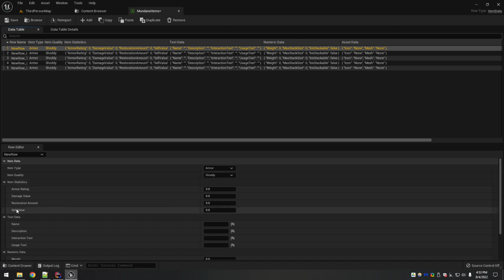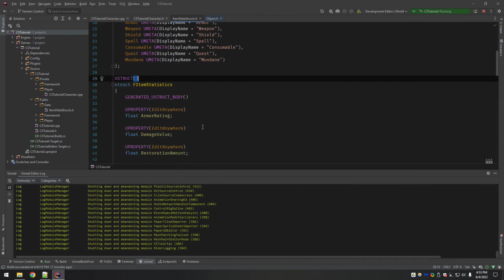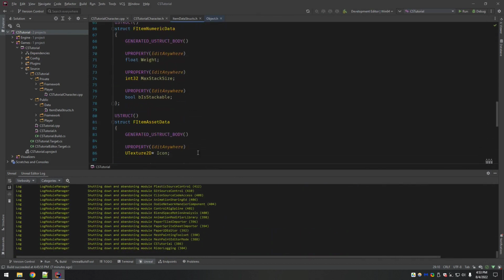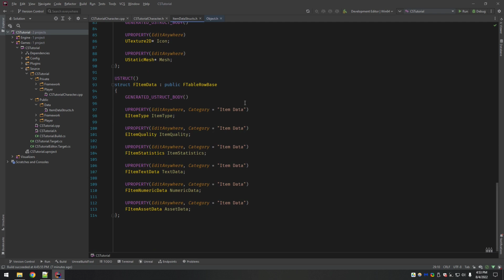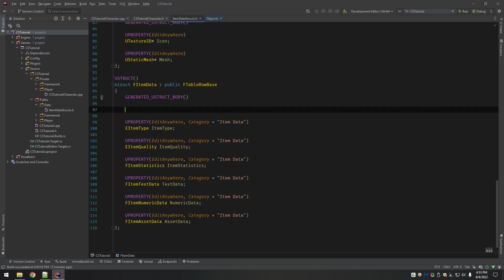Now, one less important thing, and I realized I forgot something, so close this out. I'm going to close the editor. It's just my personal preference. Whenever I make changes in C++ code, I close the editor because I don't really trust the live coding, and especially not hot reload, which hopefully is going away.